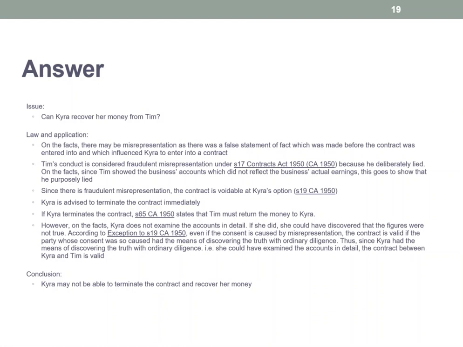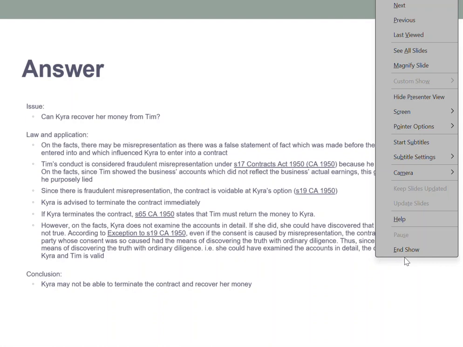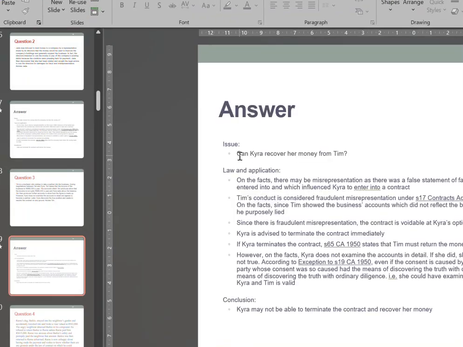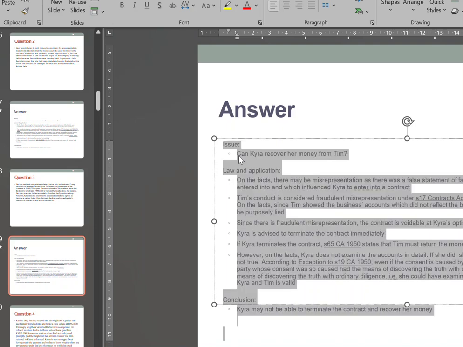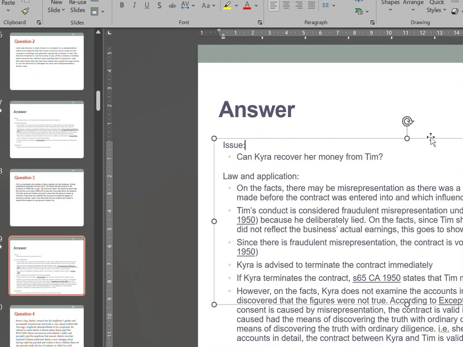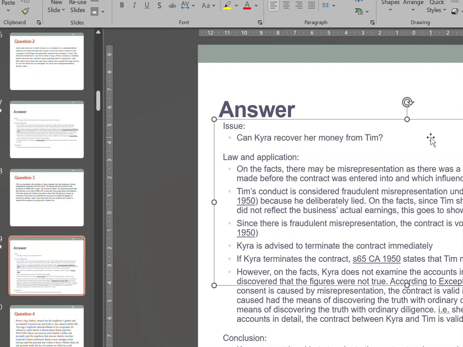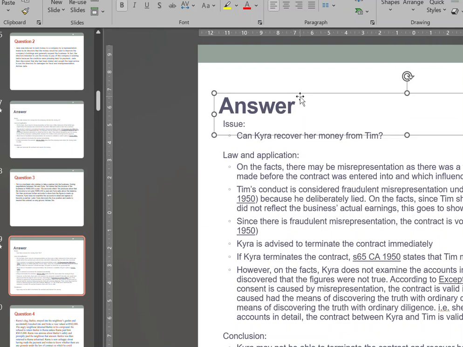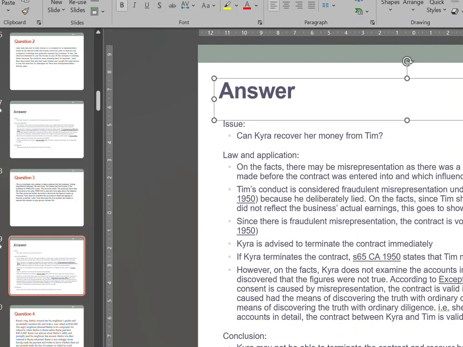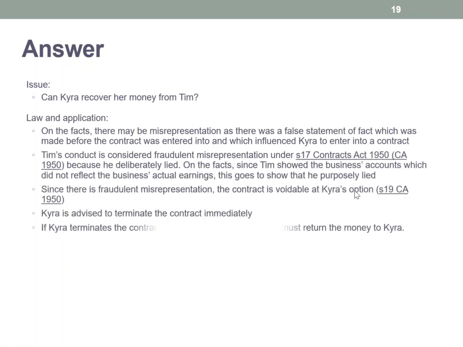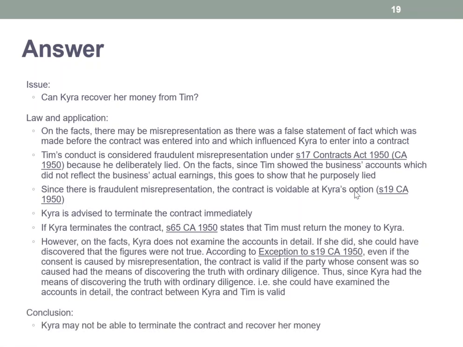Alright, it's better, right? Bigger. Now you can say over here,